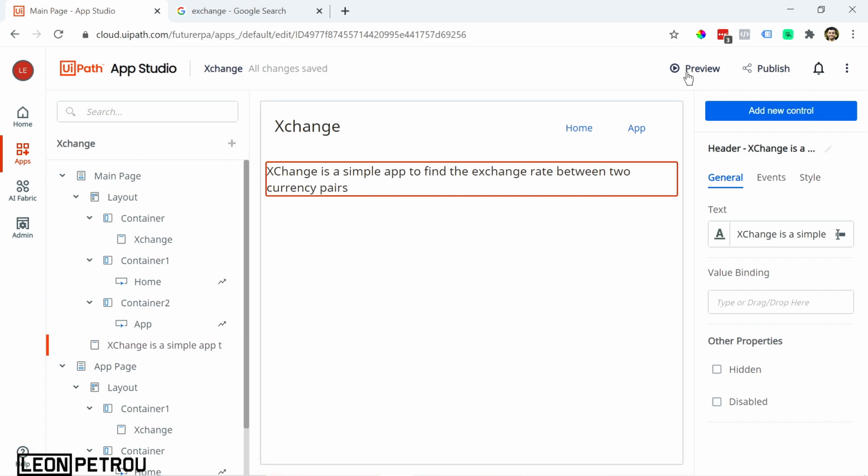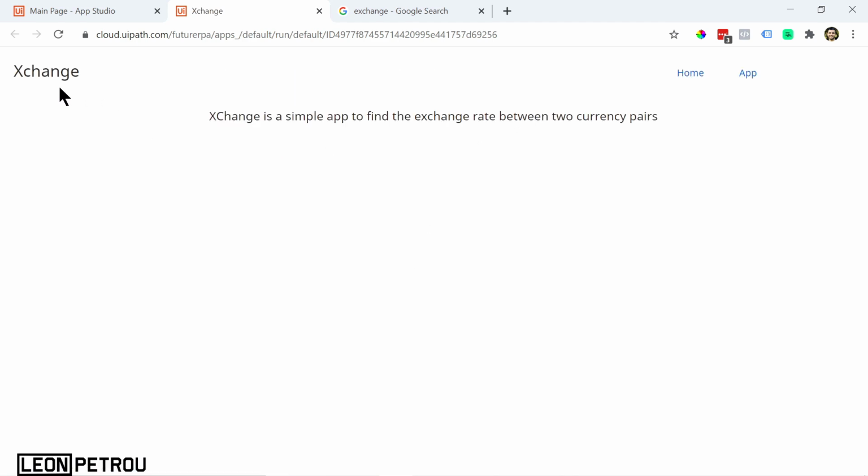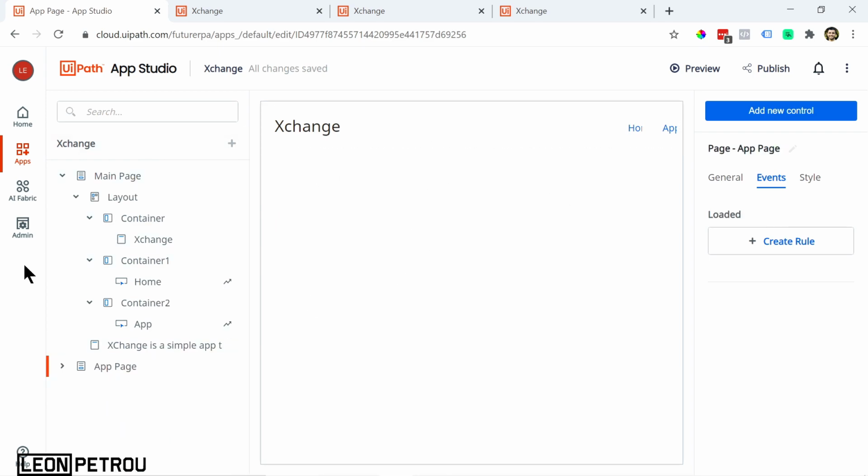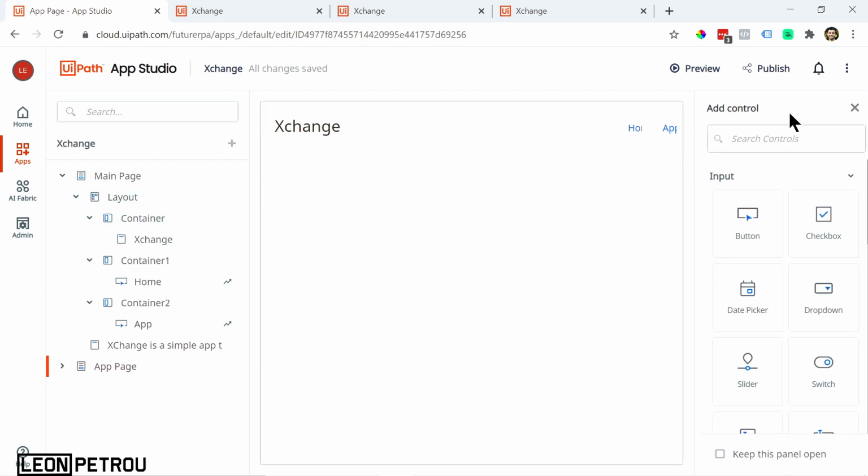Let's click this preview button and see if this is working to change between pages. So here it starts off on the home page, which is here. If you click app, there you go, it goes to the other page. What I'm going to do now is inside the app page, I'm going to drag in a